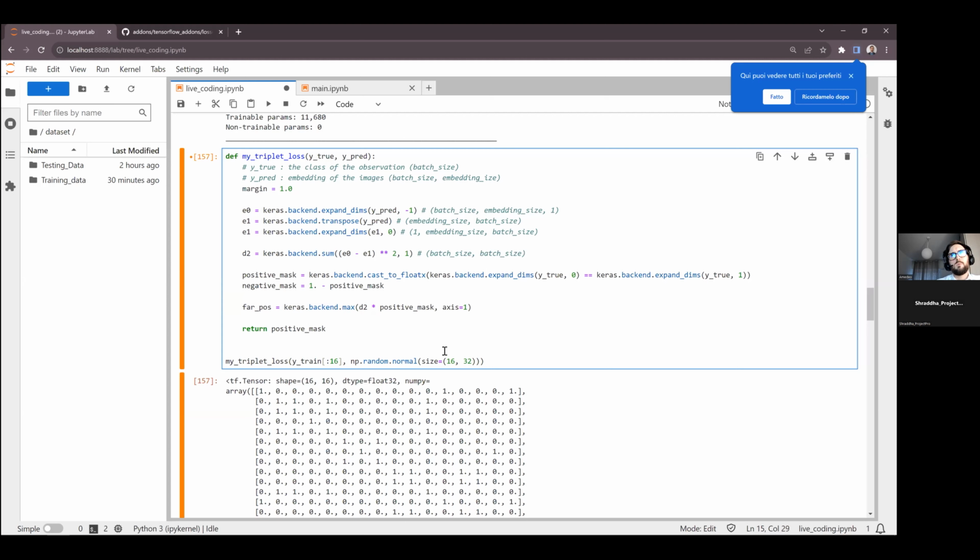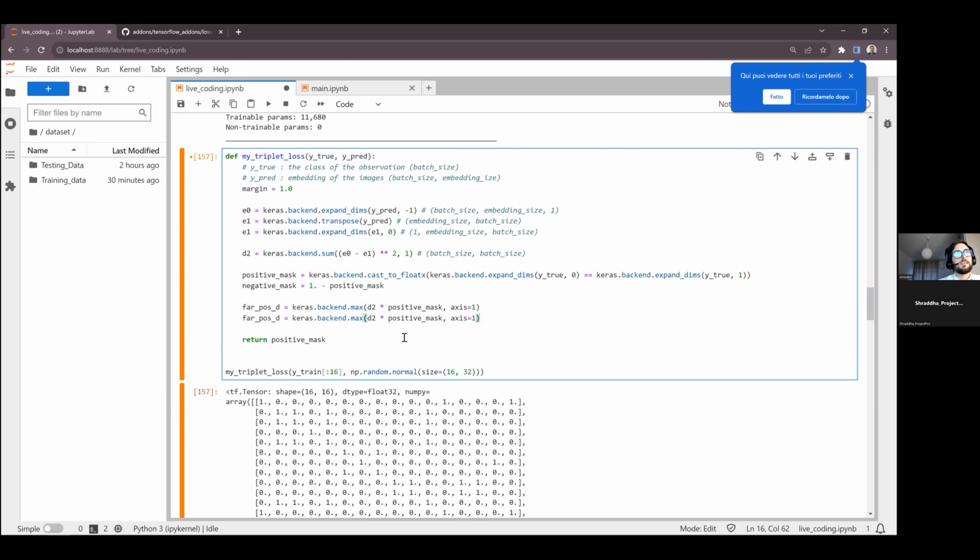But we want the max positive distance, and at the same time we also want, since it's the hard distance, the element that is negative, the closer negative distance D2. Okay, since this is a squared distance.